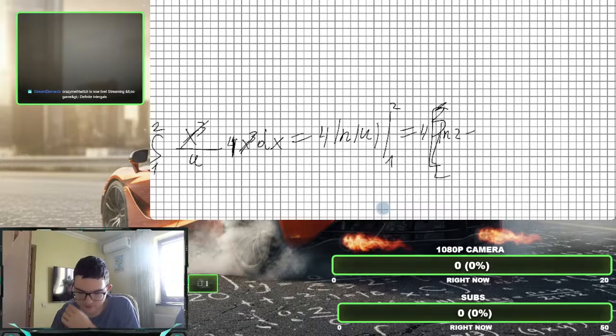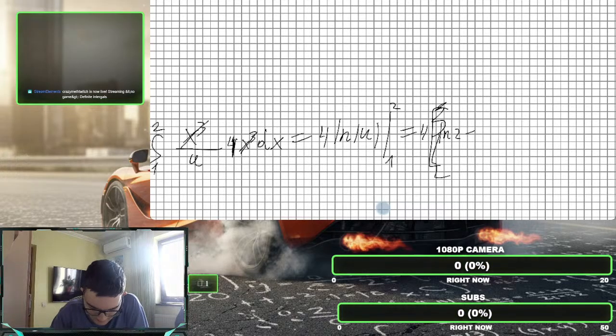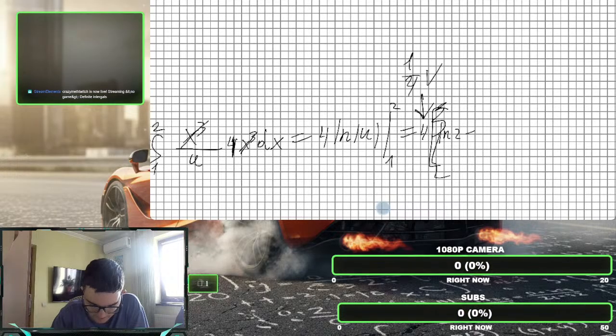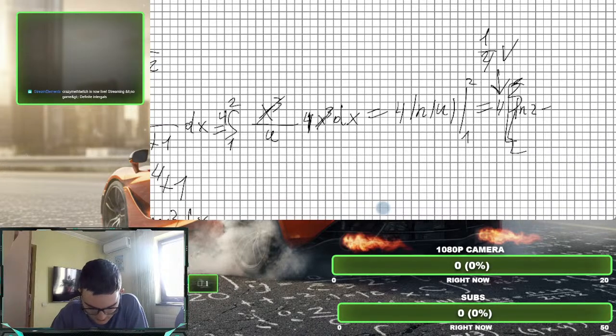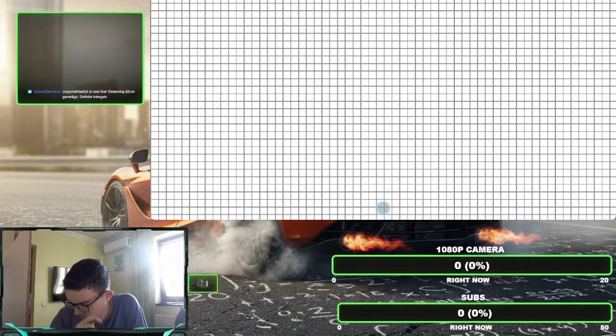So instead of 1 divided by 4 I have 4, so maybe I missed something here. Not exactly sure what I missed. Oh, because it was below there, so I put 1 divided by 4. Yeah, I guess. Moving on to the next one,